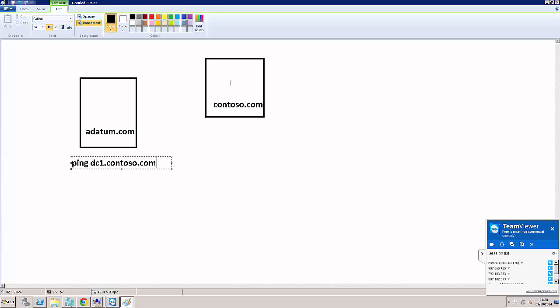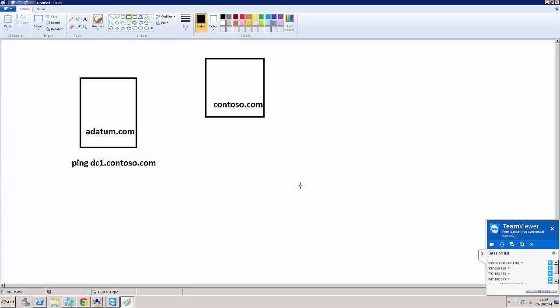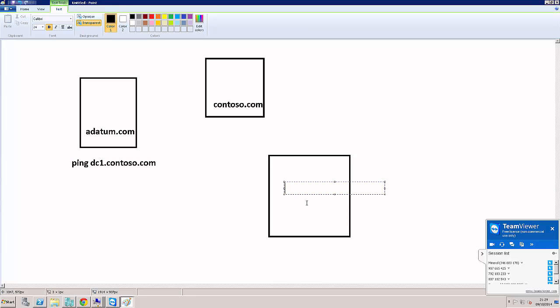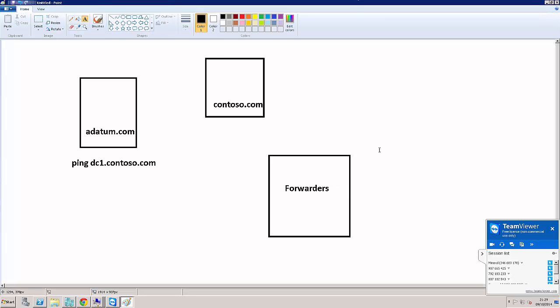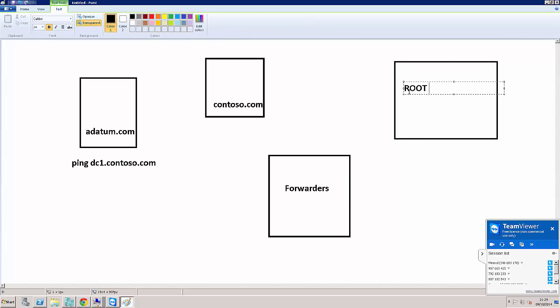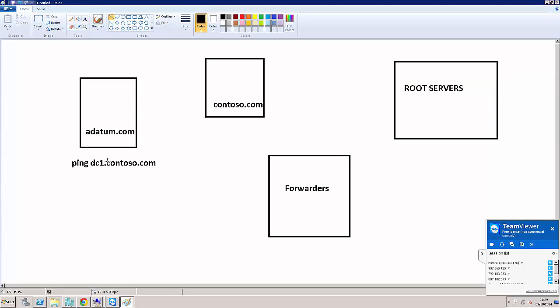But the thing is, contoso.com is inside your internal network. It's not on the internet. Assuming it's on the internet, what will happen is this. You have your little guy here called the forwarder, whose job is to forward DNS requests on your behalf to the dirty internet. And then you have servers on the internet, lots of them. They call them root servers. So assuming contoso.com is on the internet, what will happen is your machine will go, oh,